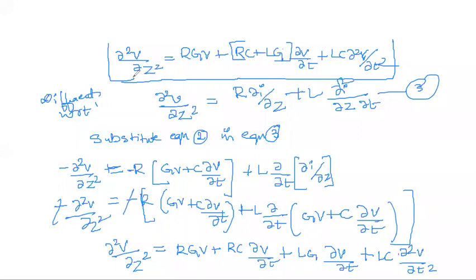Now, similarly, what you have done for the voltage equation, for the current equation you have to differentiate with respect to t, similarly to how you have done for voltage. Once you have completed that, now start. Take the current equation, which I think you have given as equation number 2. I'll clear this screen. Consider equation 2, the second equation. That equation you differentiate with respect to z, then substitute it.